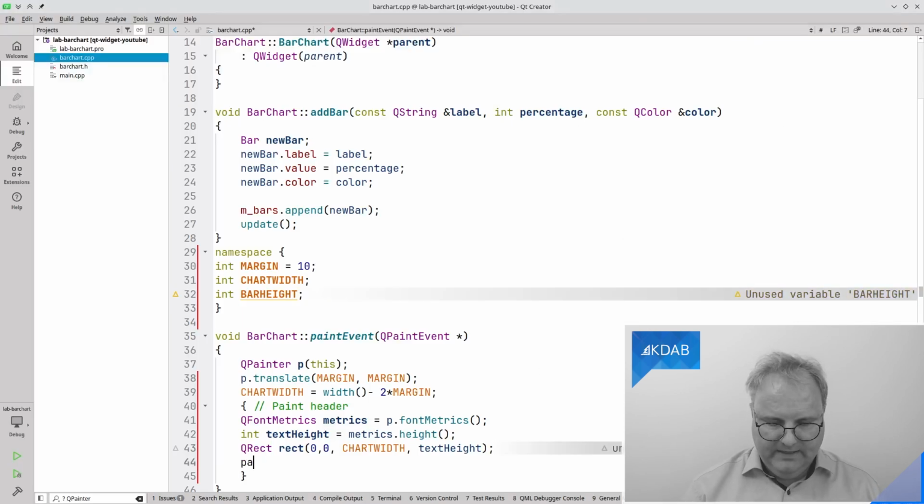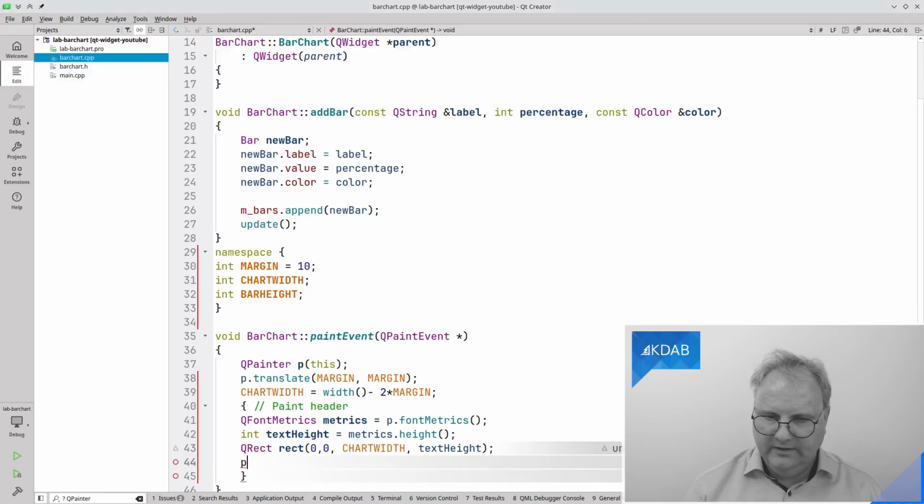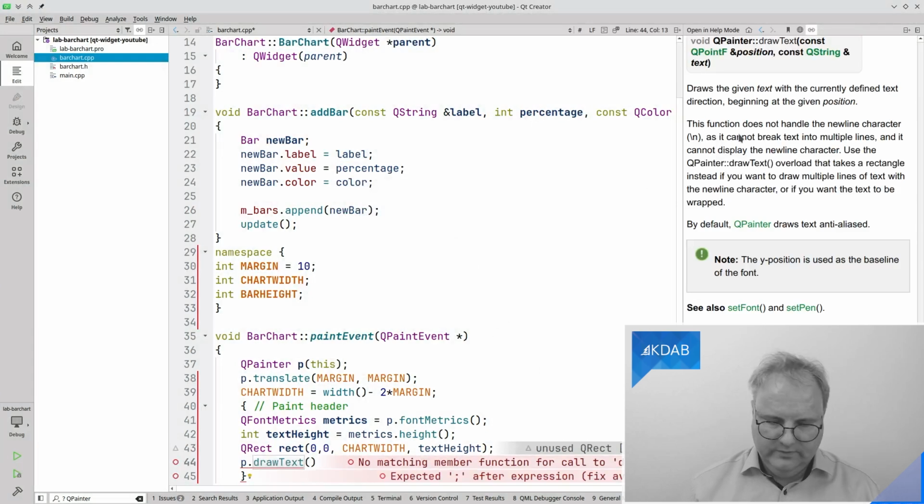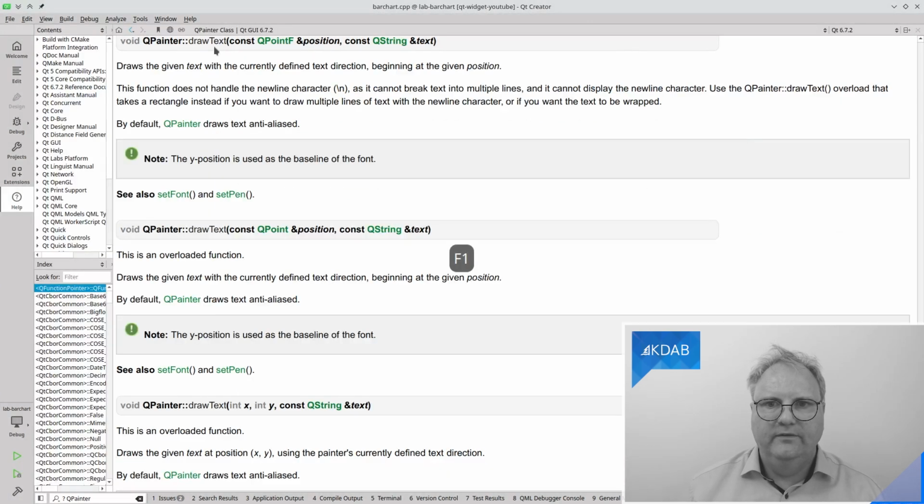Okay, painter, not painter, just p.drawText. There are a number of overloads of drawText on my QPainter, as we'll see here now. It got me right away to the one with QPoint, but I seldom like to use that one.